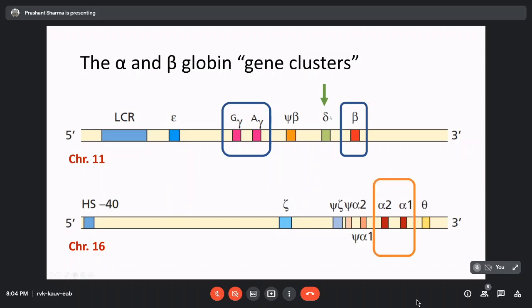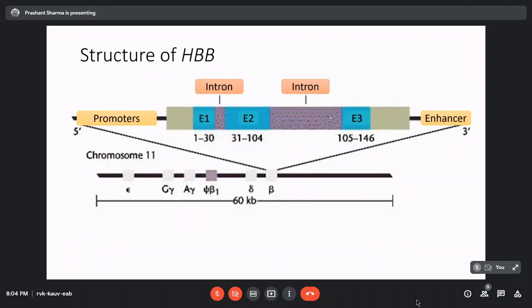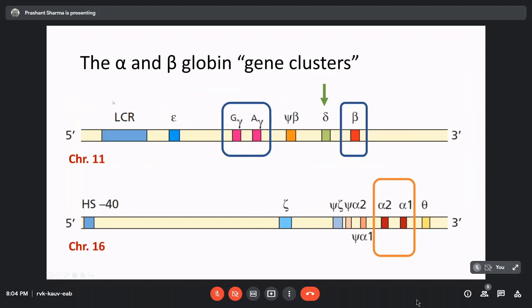So that was beta globin. Now the alpha globin cluster, we have two alpha globin genes, the alpha 2 and alpha 1. And at this point, maybe I should mention that both in the alpha globin cluster, and in the beta, we have an LCR, which stands for the locus control region. This is a regulatory region which has the binding sites of a lot of transcription factors which are going to be produced elsewhere in the genome. And they're going to come and bind here as well as at various sites in the subsequent cluster. What it does is it loops around and directly activates the transcription of the genes.